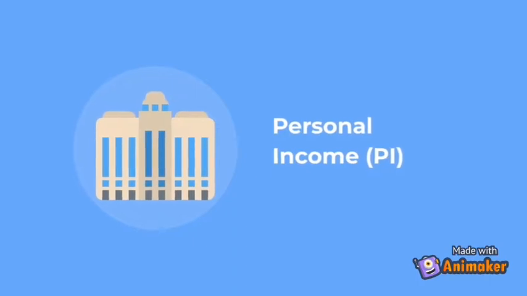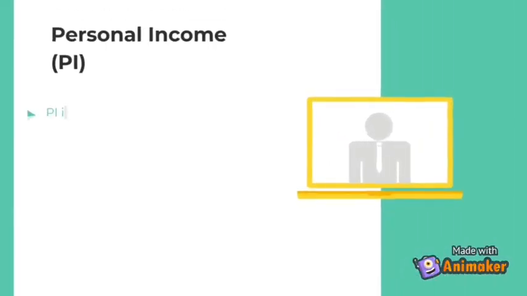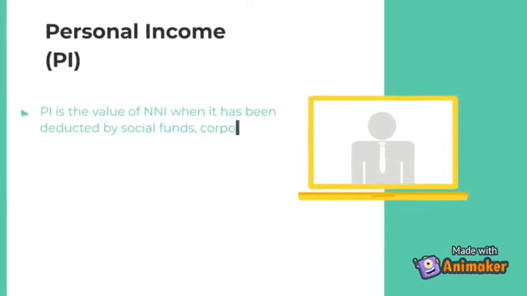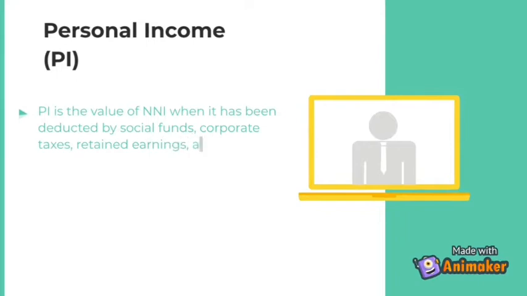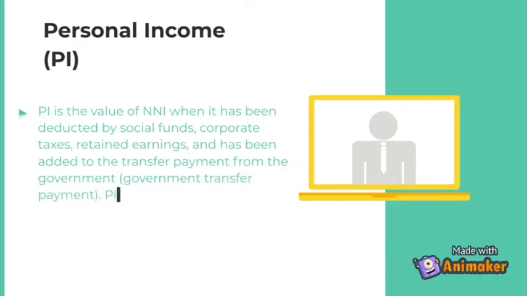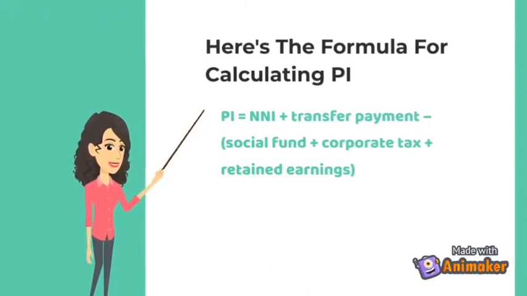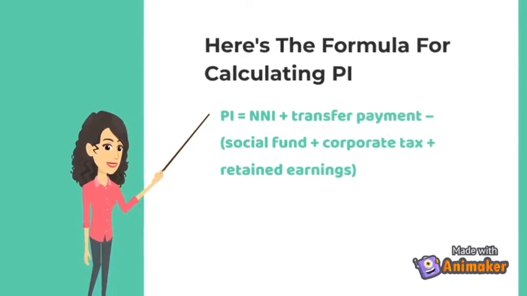Personal income or PI. PI is the value of NNI when it has been deducted by social funds, corporate taxes, retained earnings, and has been added to the transfer payment from the government. PI is the value of national income received by consumers or households in an economy. Here's the formula for calculating PI: NNI plus